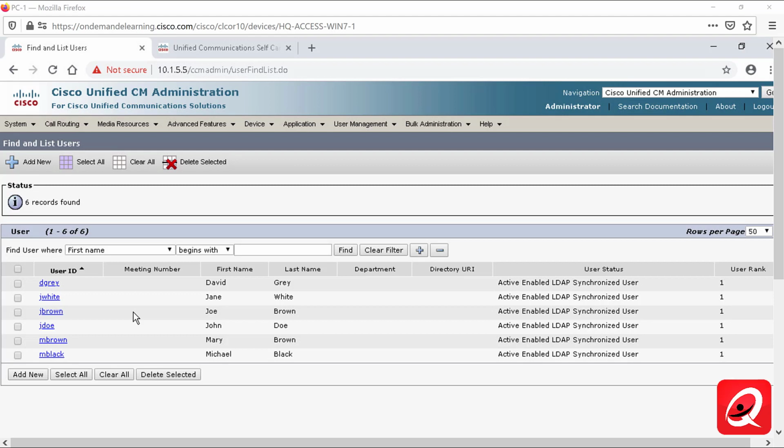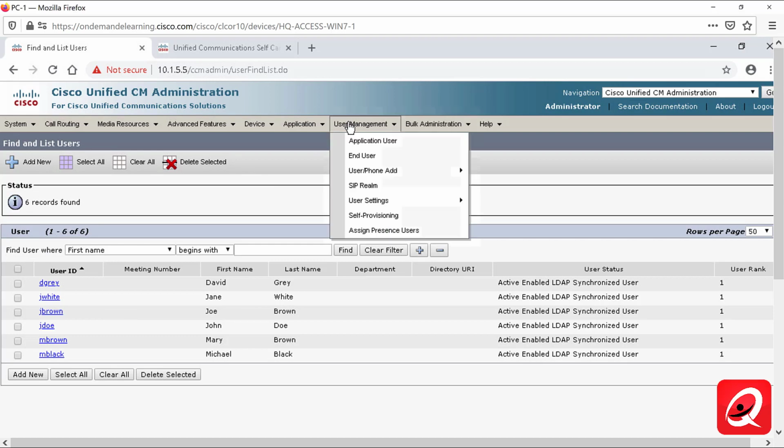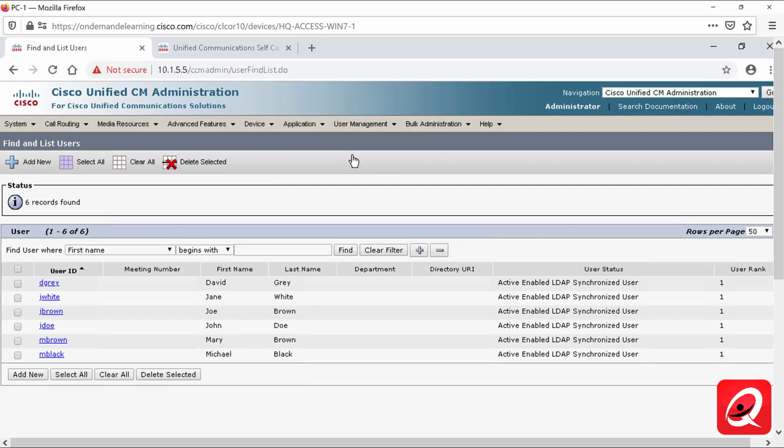So in our next step, we're going to go into user management, and we're going to go into our end users. We already see Joe Green is listed here. What we're going to do is convert this user to a local user. User information that's synchronized from the LDAP directory can be converted to local user information, so then we can edit that information locally within Call Manager. Local end users can actually be added manually using the Call Manager option, but during an LDAP synchronization,